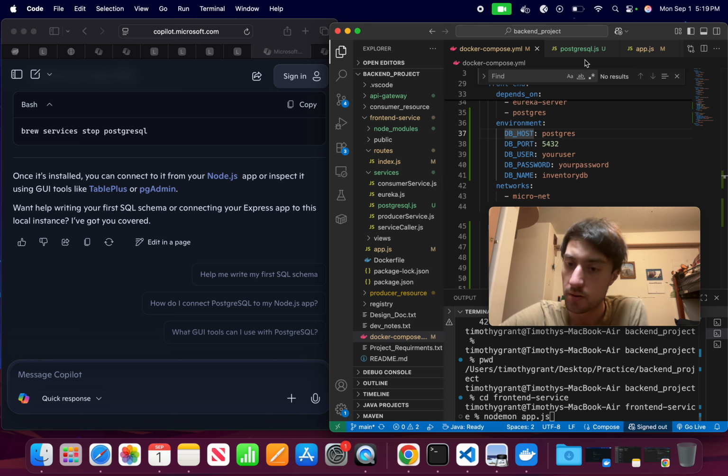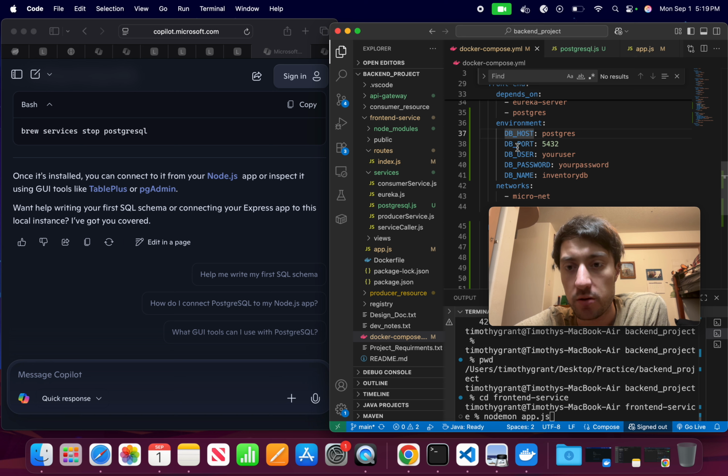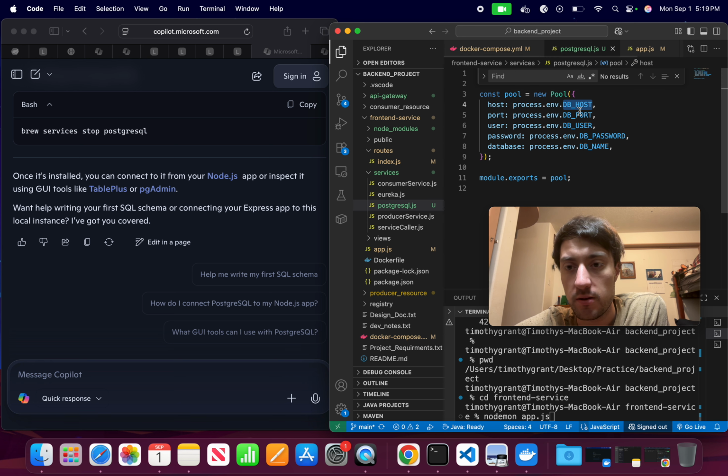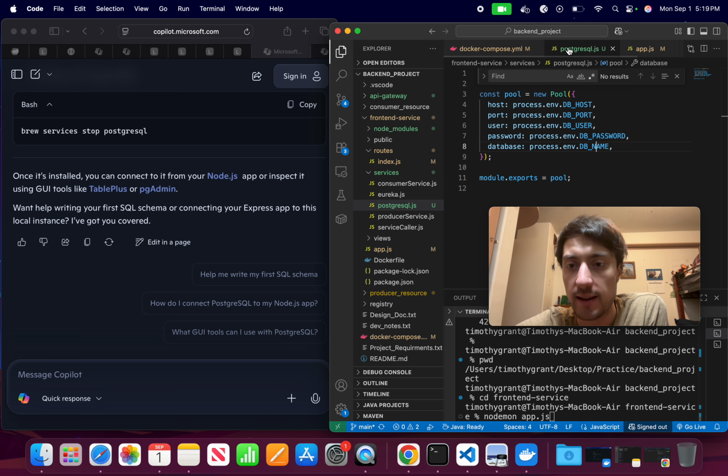Okay, hold on, actually. I see what's up. I see what's going on. So we have this DB host, DB port, DB user, DB host, port, user, DB password, and DB name. Okay, so we pass that in as an environment variable. We capture it here. We export it